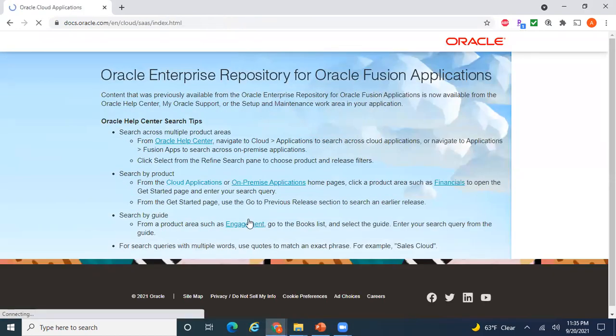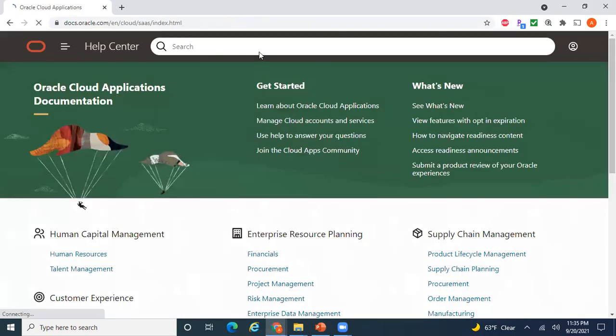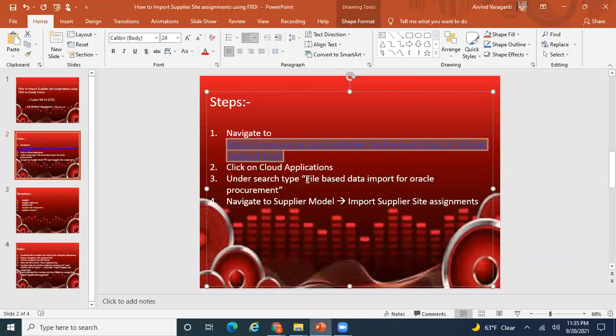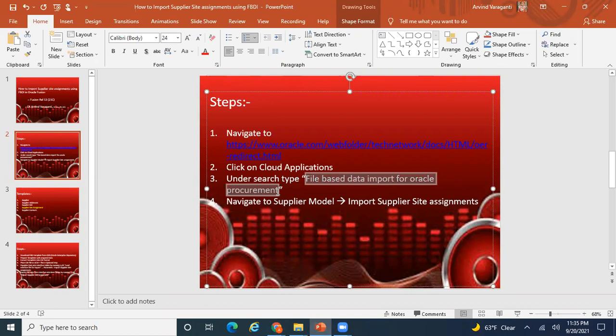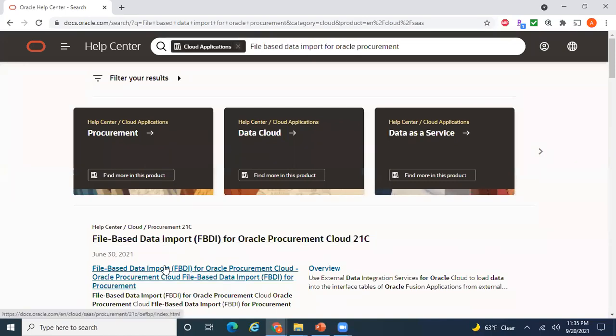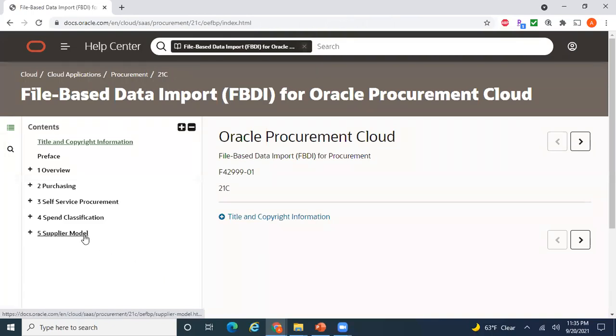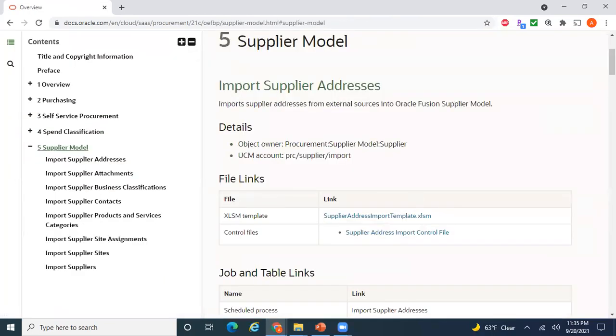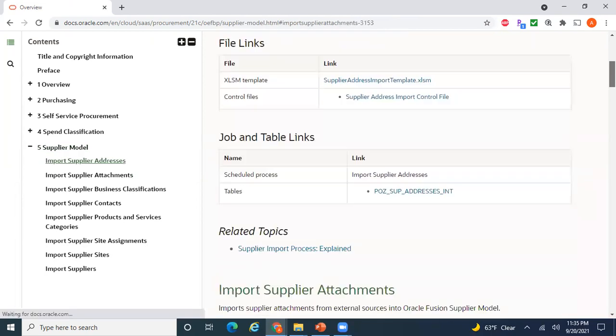Click on cloud applications and then search here for file based import for Oracle procurement. And then click on file based data import for Oracle procurement cloud, then supplier model, and then this is supplier address import.